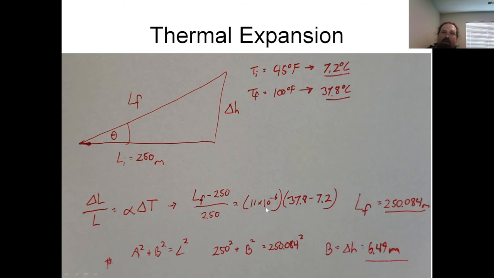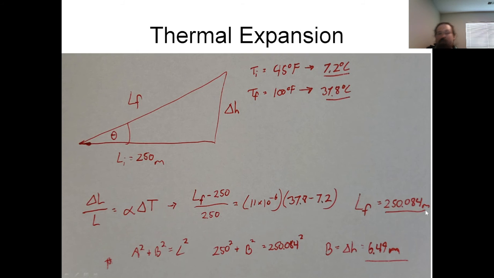Delta T is going to be the change in temperature of the bridge. We want to use our Celsius temperatures here instead of our Fahrenheit ones. So our final is 37.8 and our initial is 7.2. You can use Celsius or Kelvin here because, again, it's a delta T. That leaves LF, so the same algebra, the same calculation as the previous sample question we looked at. LF will have a final answer of